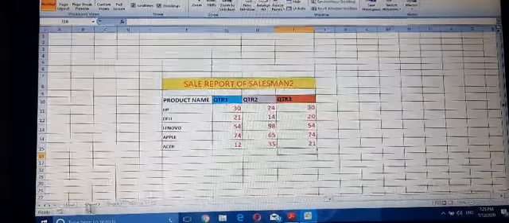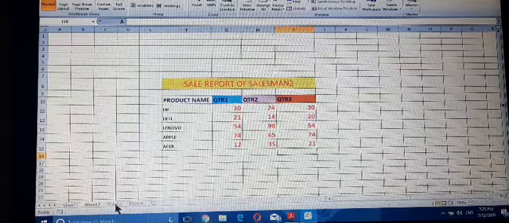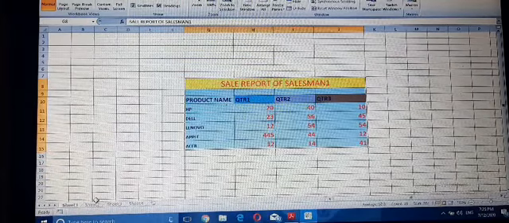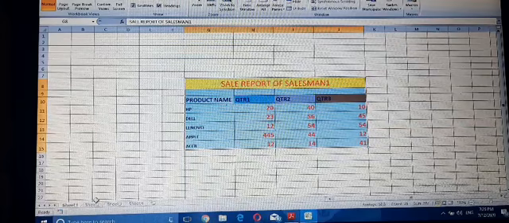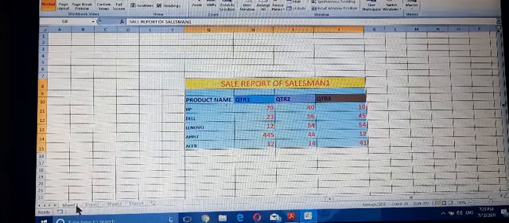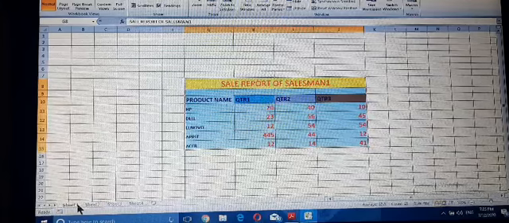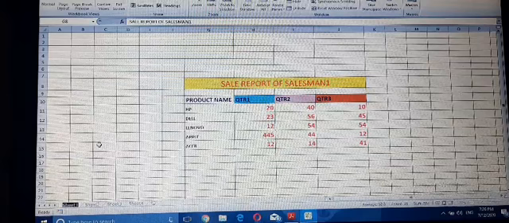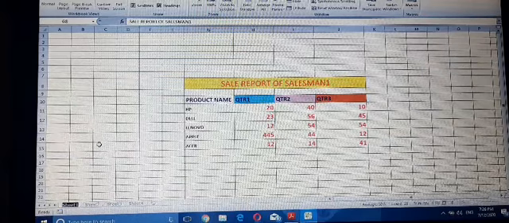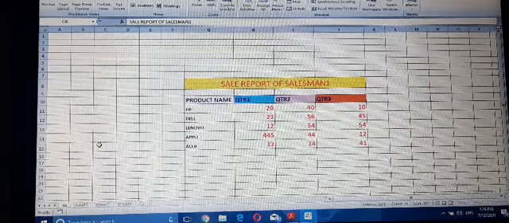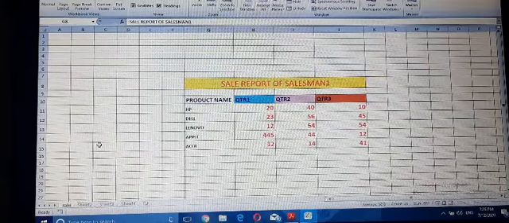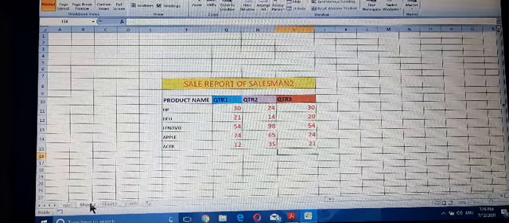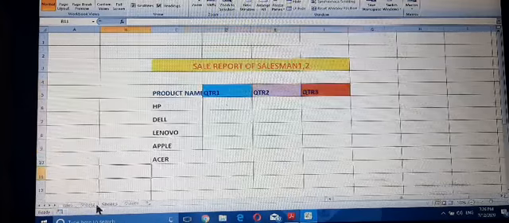So the first topic is renaming a sheet. By default the sheet names are Sheet 1, Sheet 2, Sheet 3. We can rename a sheet by right clicking on the sheet name, then selecting the rename option.